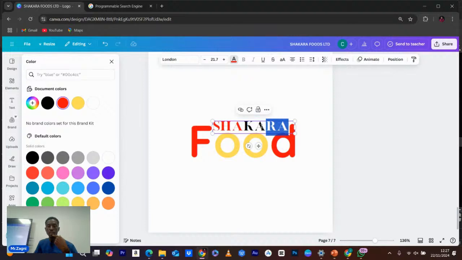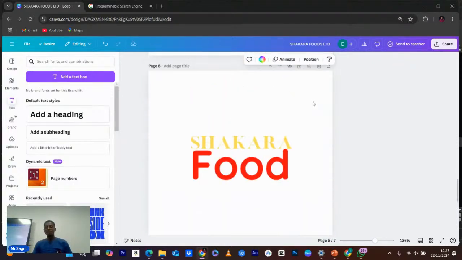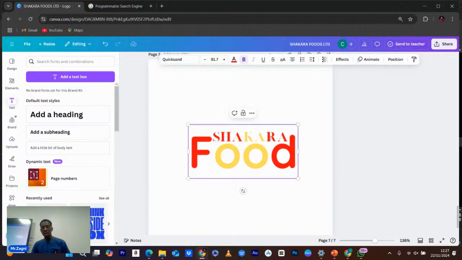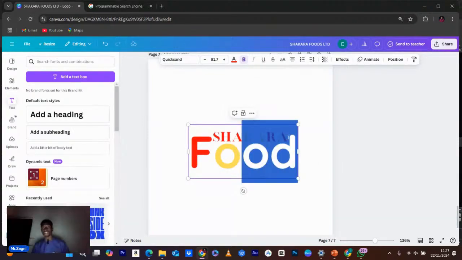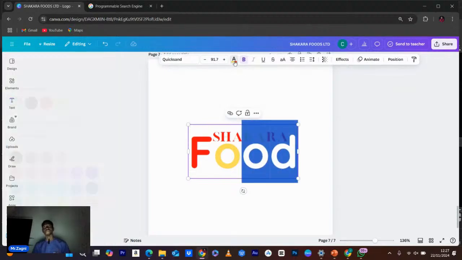The reason why I made it red is because we have two red side by side, so I don't want the colors to conflict. So you can try to do this. Maybe it's not so nice, but I mean, it's good. Yeah, so this is how you can also manipulate colors. At the end of the day, I can still decide to say, okay, I just want the Shakara to have